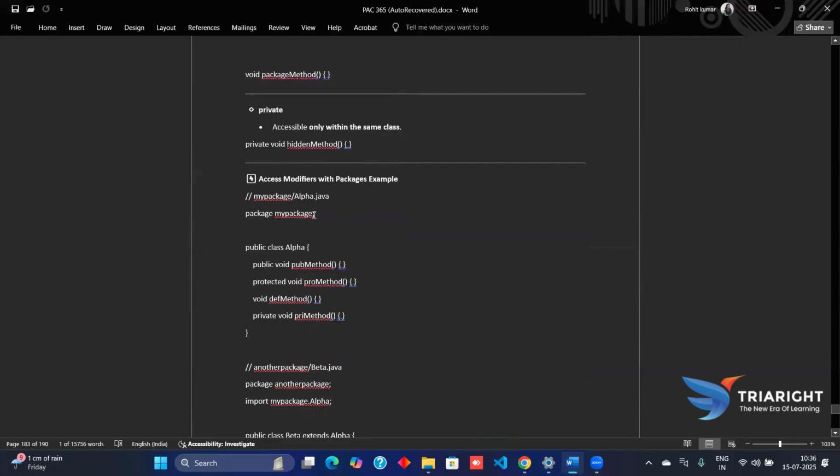We have the file Alpha.java, and the package is myPackage. Now there is a class Alpha. This is the class Alpha.java, and the package name is myPackage. In this package myPackage, there is a class Alpha, and there is a public void pubMethod, and